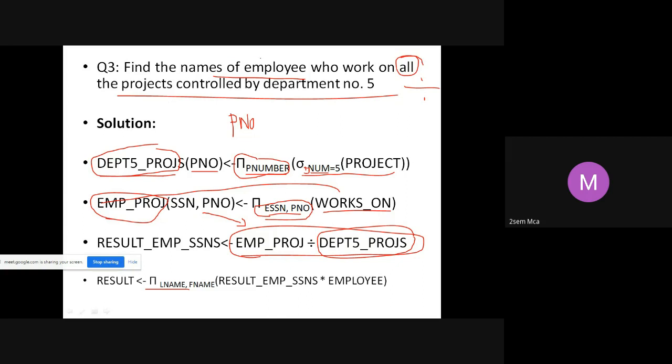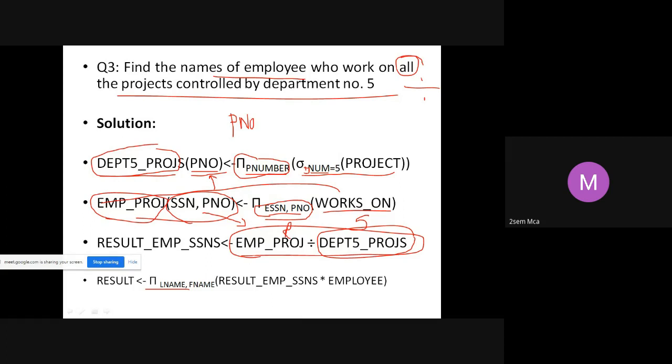So it's very simple. This is your R, the example we took yesterday. This is your table R, and this is your subset of this table. We should have one attribute which is there already in employee project. So employee project already has the attributes SSN and P number. For department project, we have taken P number. So this is a subset of employee project.